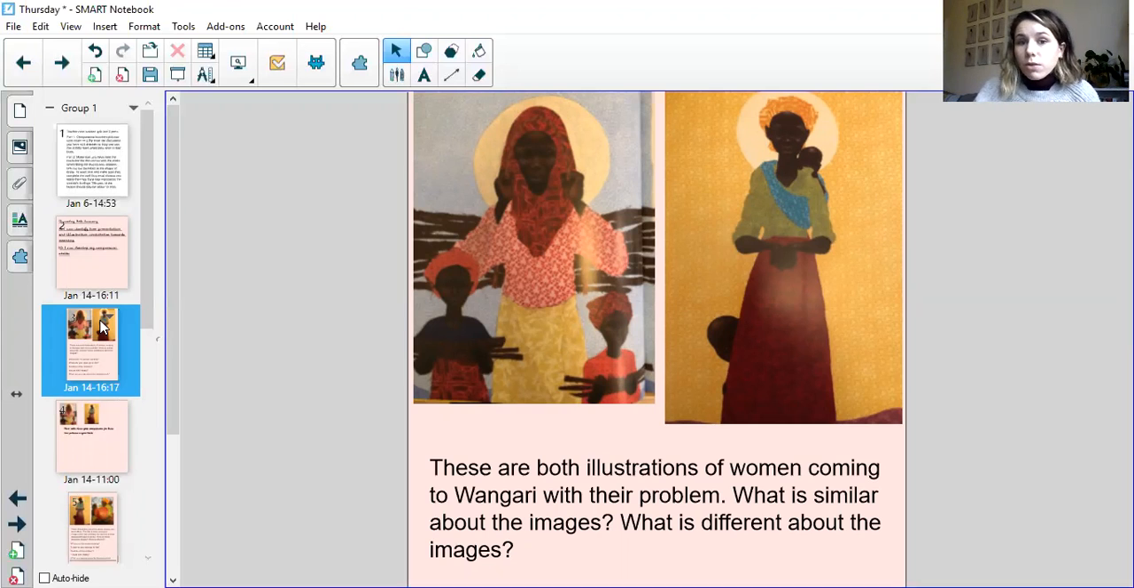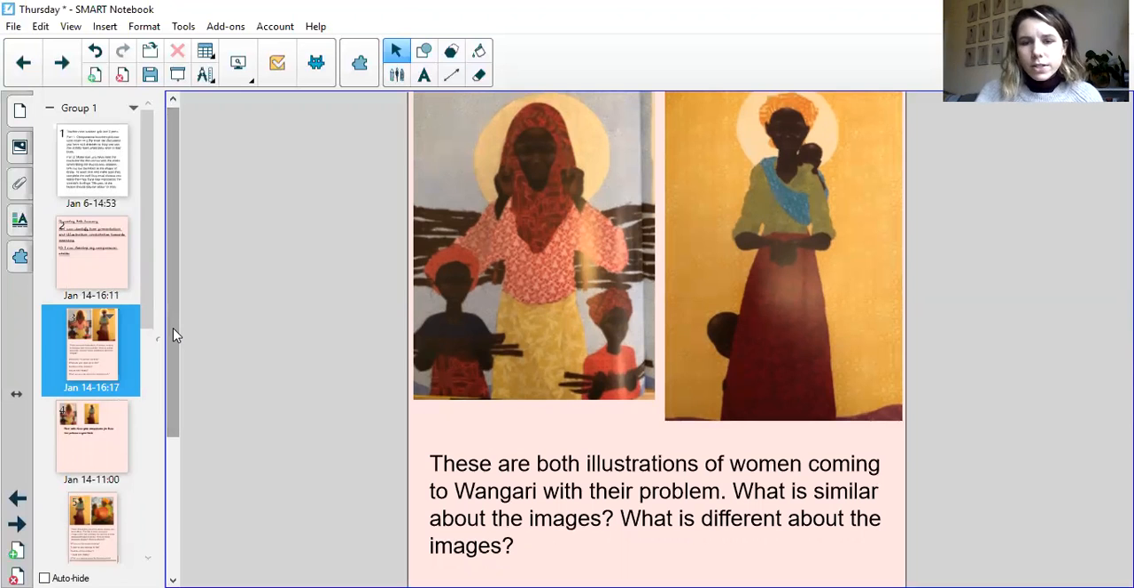Now again, it's up to you whether or not you print off that sheet and use it, or you can just look at these pictures here, and whilst we are going through the lesson, you can just jot down similarities or differences. So I'm leaving that up to you to decide. So we're going to look at these pictures, think about what's similar and what's different. Now I might start off by saying